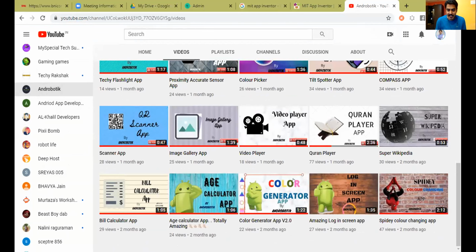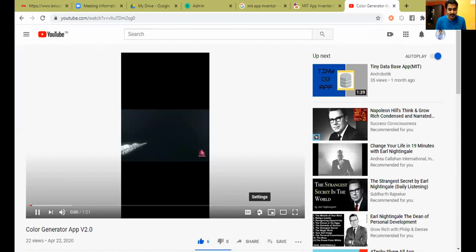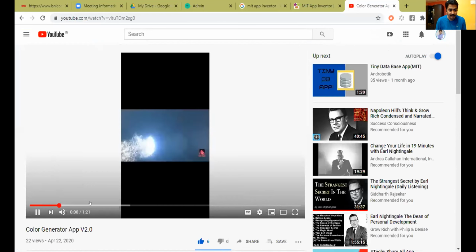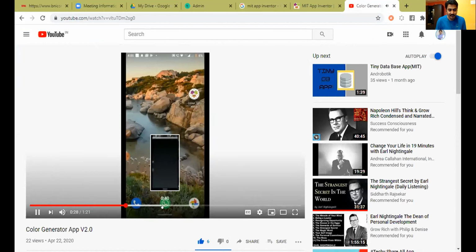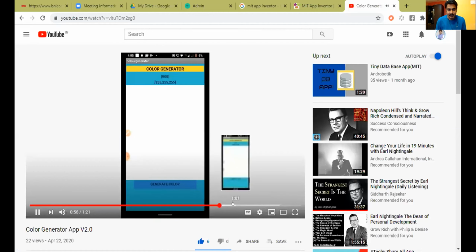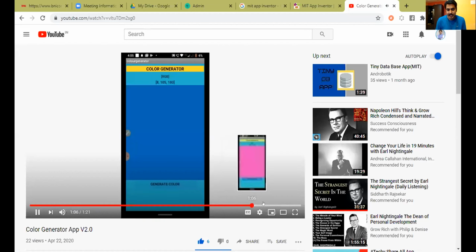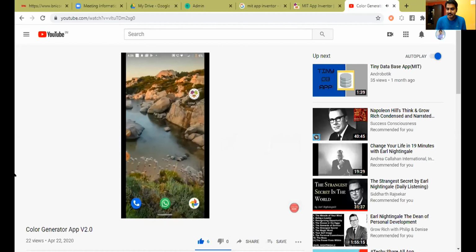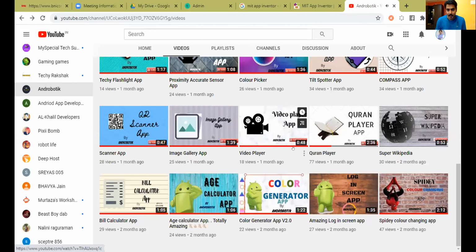So we just did this color generator, and he has also done it. So this is how you will be doing it. He will be working on different things like this. And then you will see image, video player.